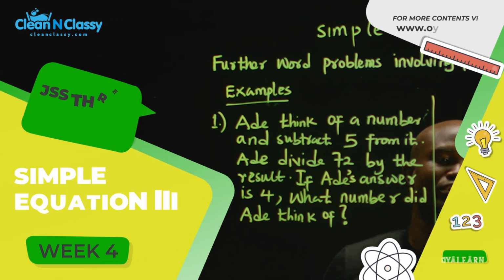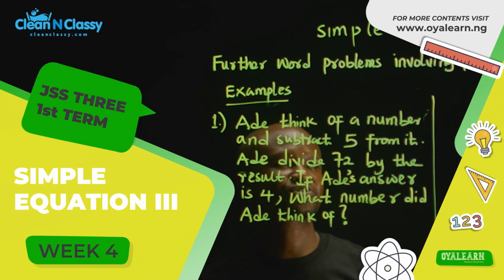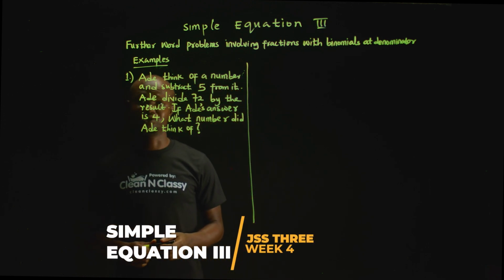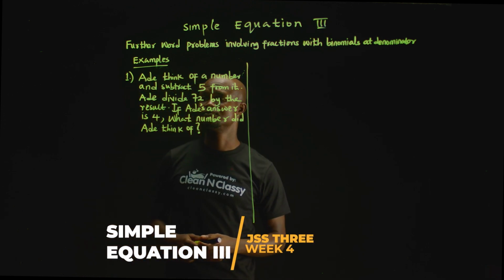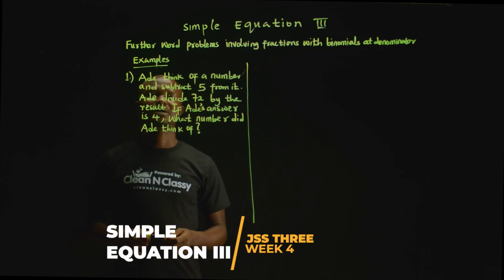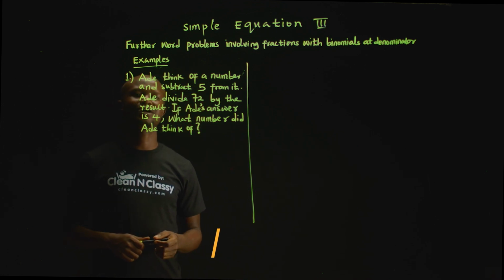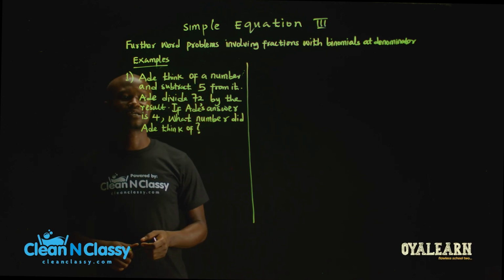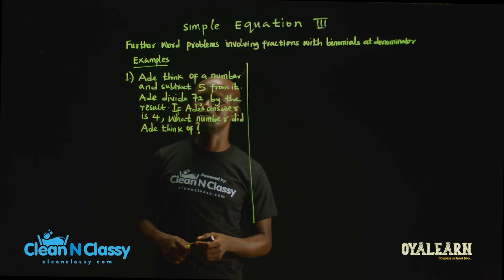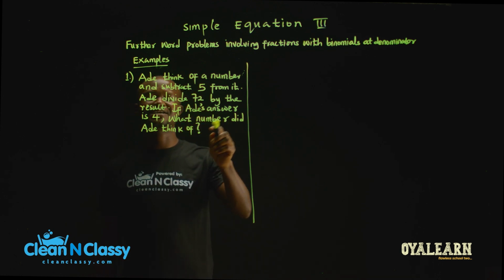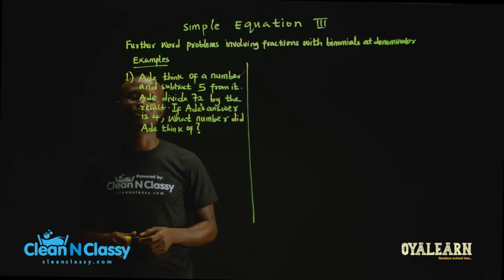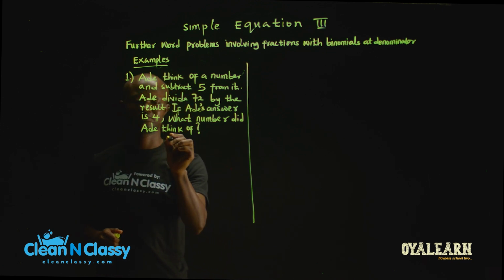Further word problems involving fractions with binomials at denominator. Example: I think of a number and subtract 5 from it. I divide 72 by the result. If Ade's answer is 4, what number did Ade think of? Solution: